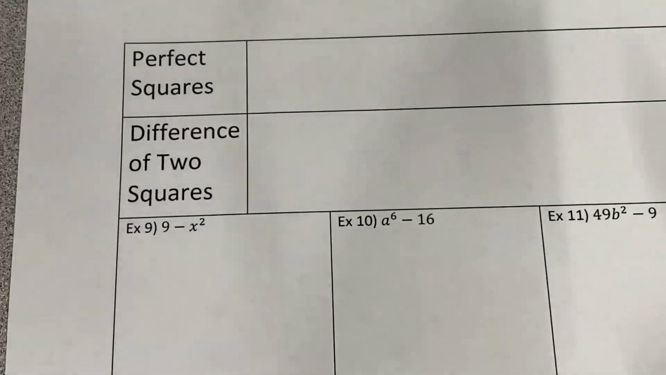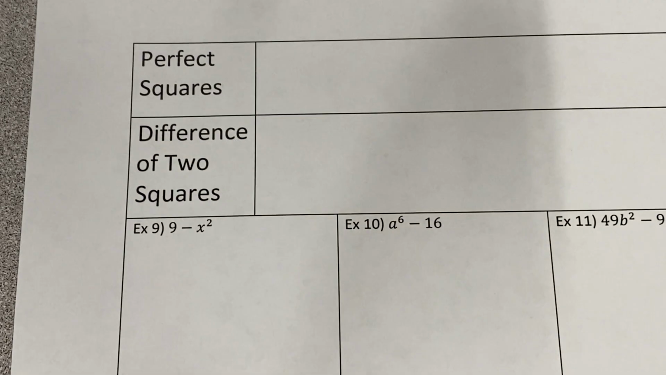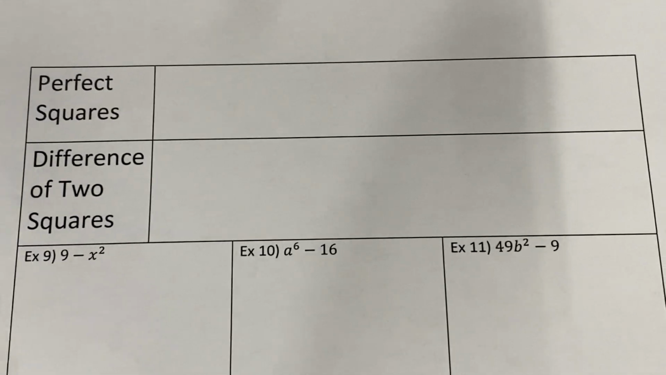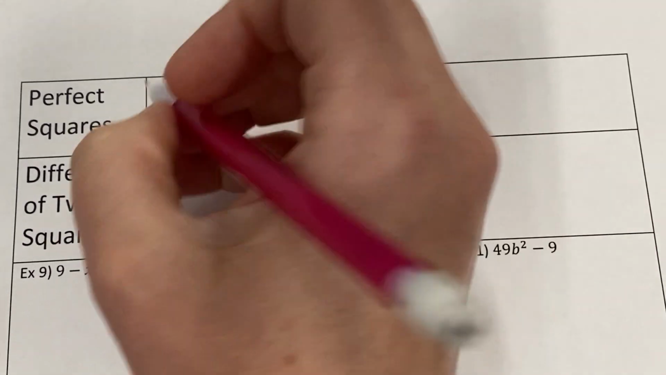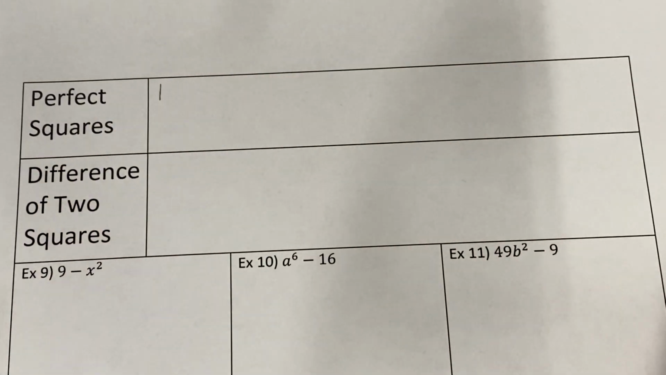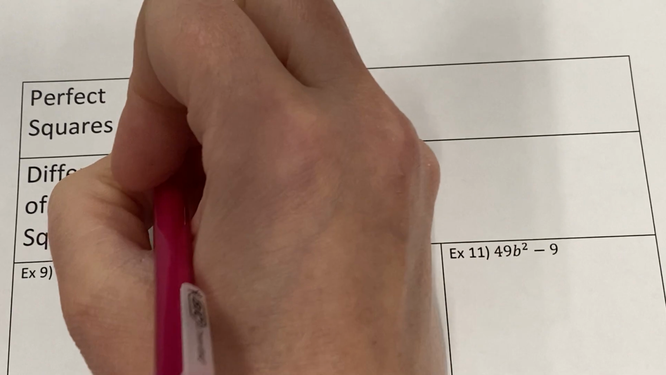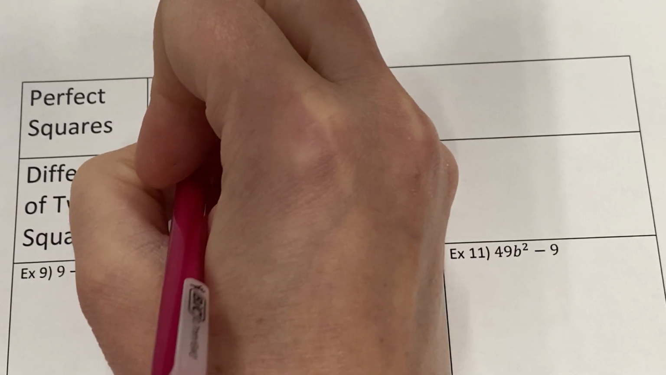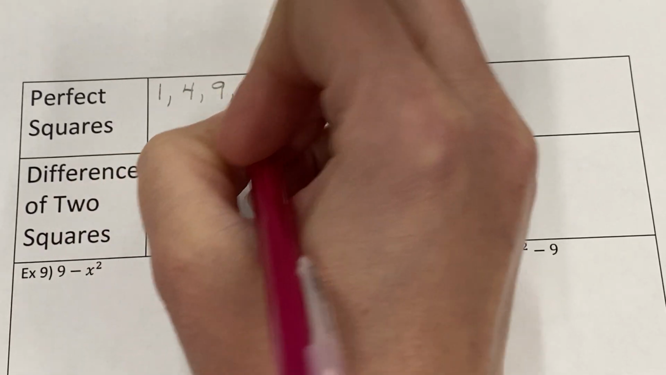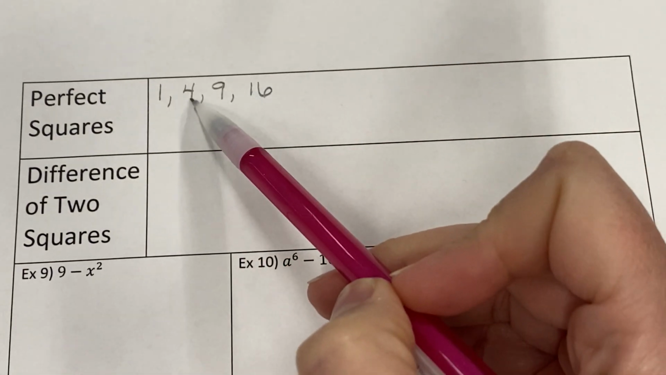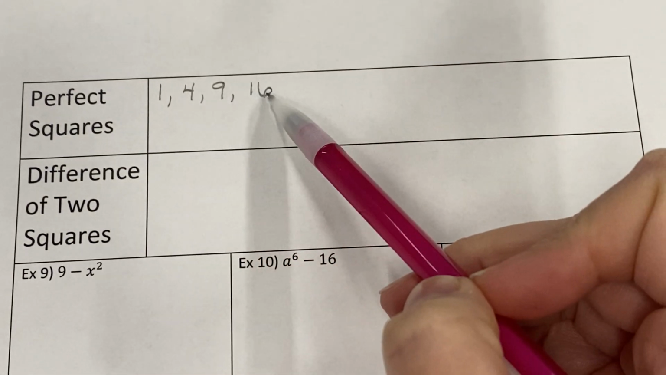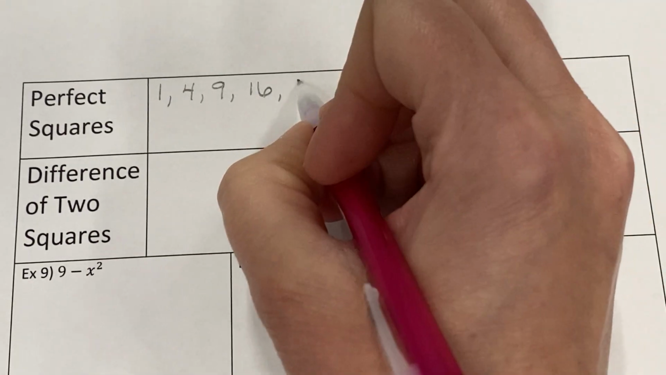We are going to be able to factor the difference of two squares. But before we do, let's talk about what perfect squares are. So when we're talking about numbers, it's numbers where we can take the square root and get an integer answer. So the first few perfect squares are 1, 4, 9, 16. Do you see what's happening here? 1 times 1, 2 times 2, 3 times 3, 4 times 4,